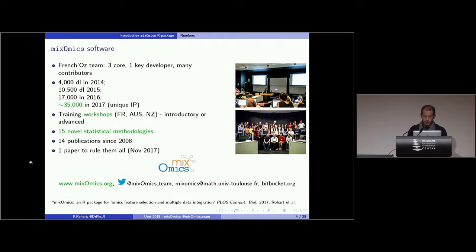So we have a lot of advertisement and contacts with the society, I guess. There's a website, and on that website there are a lot of tutorials in R Markdown, so you can run your own analysis and see an example of how it works. We have a Twitter account, obviously. There's an email address and a Bitbucket for issues and stuff. Chances are if you're sending us an email or lodging an issue, I'm going to be the one replying to it. So be nice, and I'll be nice to you.